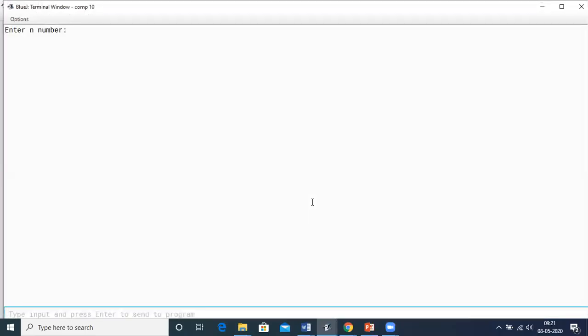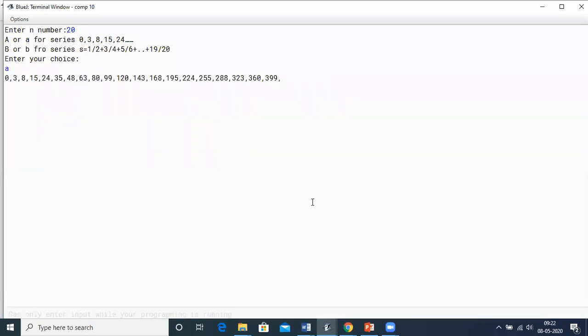Over here, you can select a number, let's say I can give till 20. Then it is asking which series I want to choose. Let's say I choose series A. Now here you can see I have given small letter a. It will print me all the 20 numbers in the series of the square of the number minus 1.